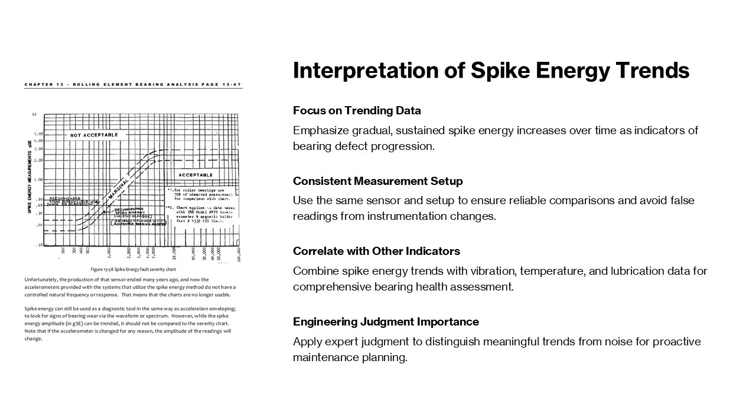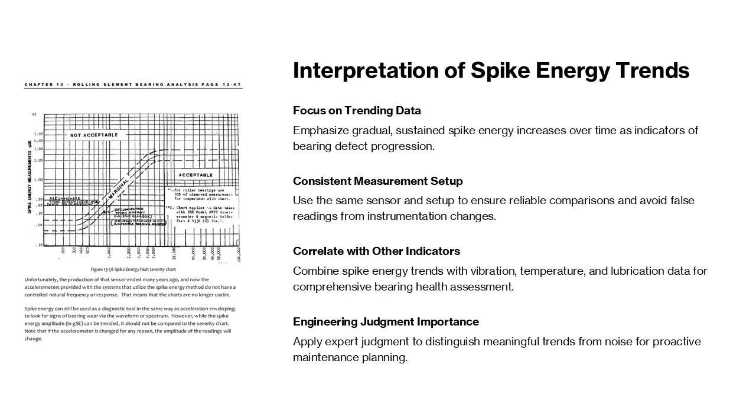This image demonstrates how increasing spike energy levels over time can be associated with bearing defect progression. Interpreting spike energy data requires an emphasis on trending rather than absolute values. A gradual and sustained increase in spike energy over time is often a strong indicator of bearing defect initiation and progression. Engineers should look for consistent upward trends that correlate with operating hours rather than isolated spikes caused by transient